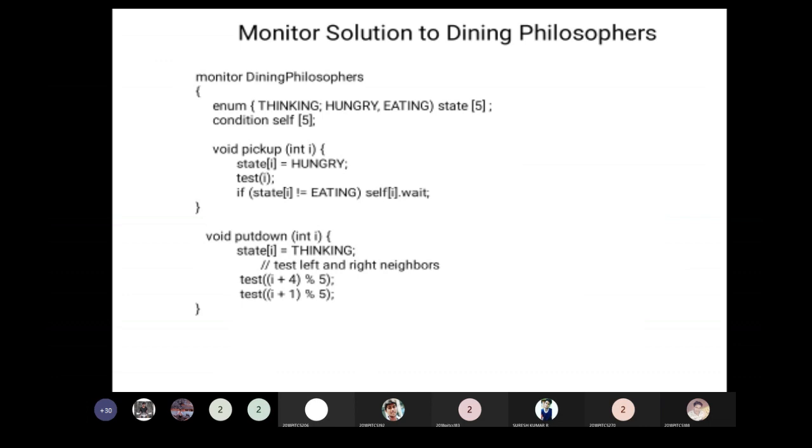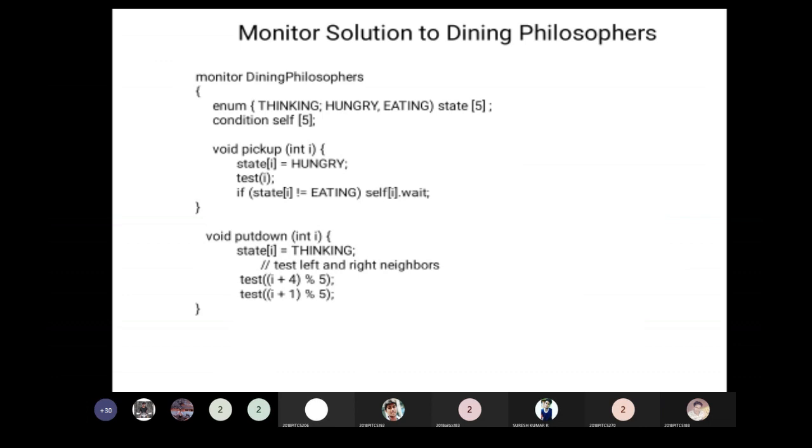The meaning is, first the state of philosopher i is checked. If he is in the hungry state, then he has to eat. For eating he needs the chopsticks, so he has to pick up the chopsticks. For that he is making others wait. So the others will be waiting until he releases the chopsticks. That is given here as self of i dot wait.